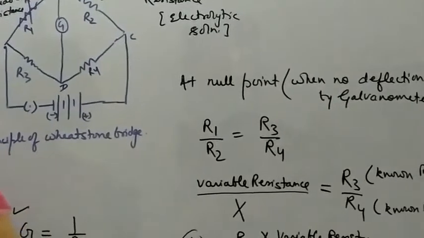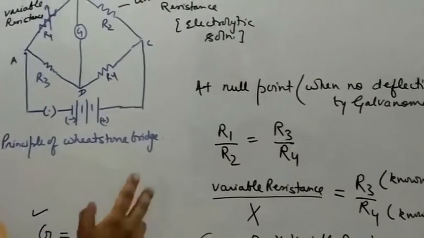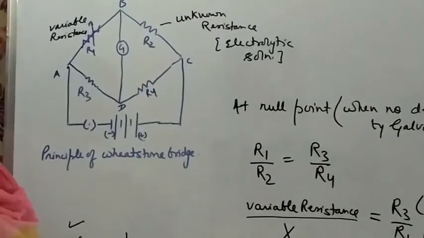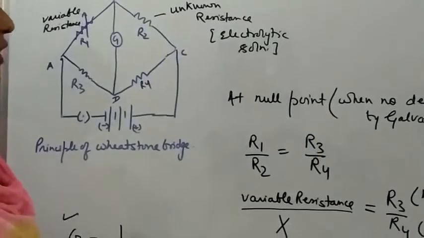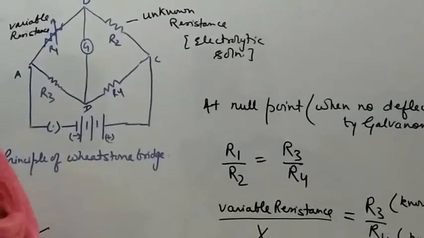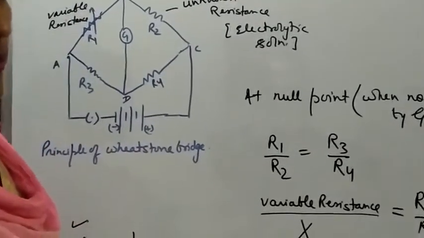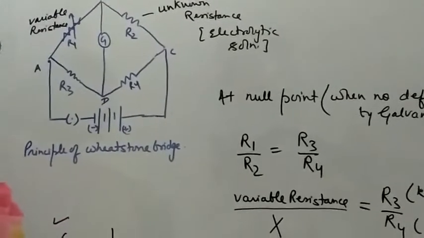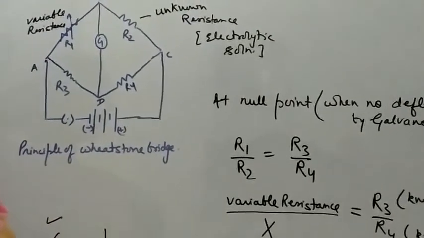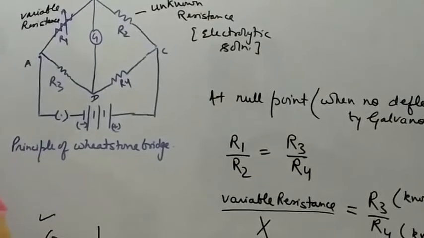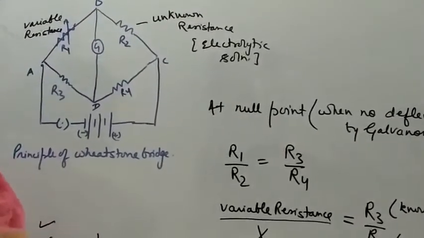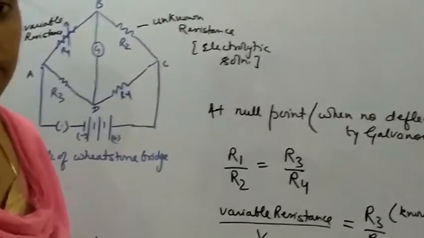Now this frequency cannot be traced by the galvanometer. So when we are using the alternating current, we will not use the galvanometer. At that time we are going to use the headphone. So the next setup will be for the determination or experimental measurement of conductance by using the conductivity cell.